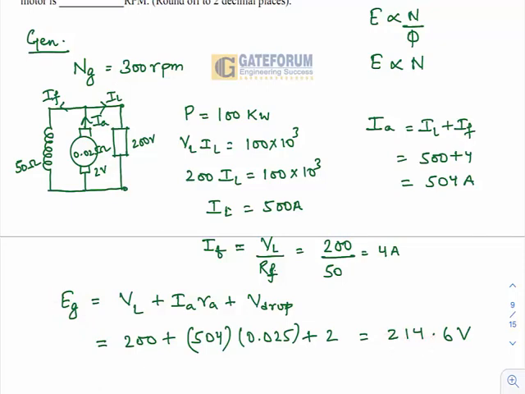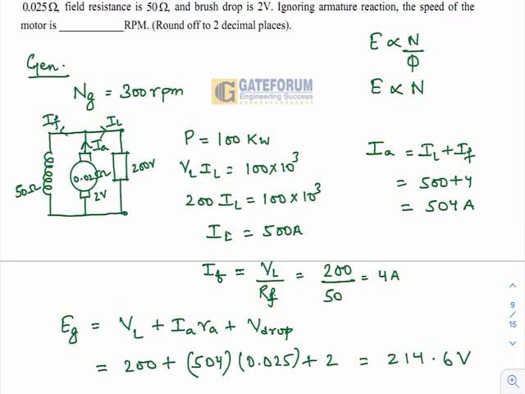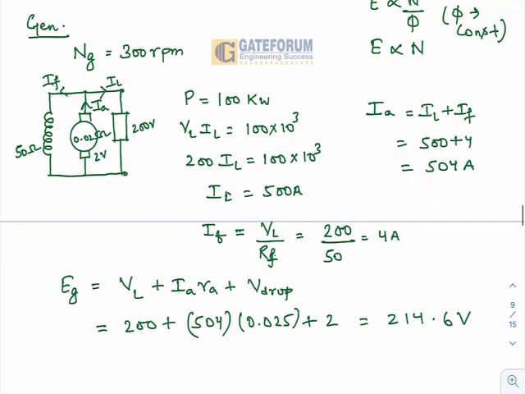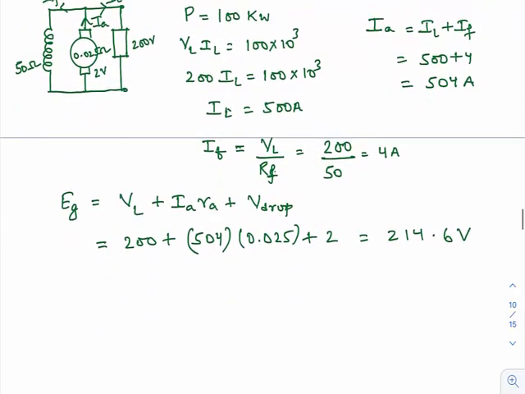ठीक है, so once I find the EMF of motor, that is back EMF of motor, you can easily find the motor speed from this given relation. E is directly proportional to N. Okay, you know that flux is constant here. Flux is constant because you're not changing the excitation and you're ignoring the armature reaction effect. So flux would be taken as constant.